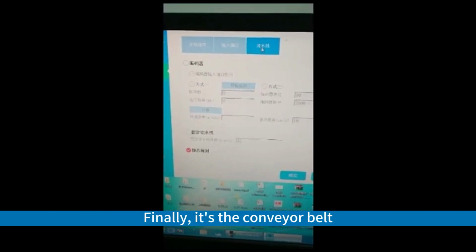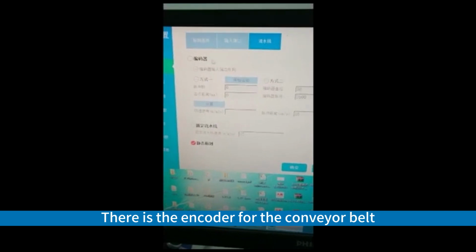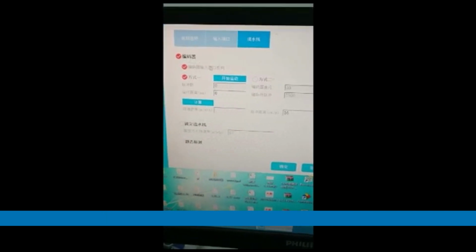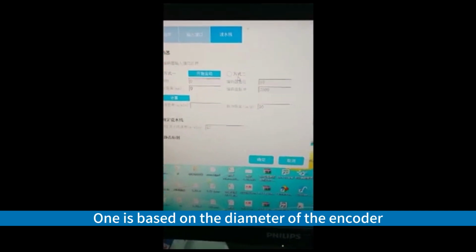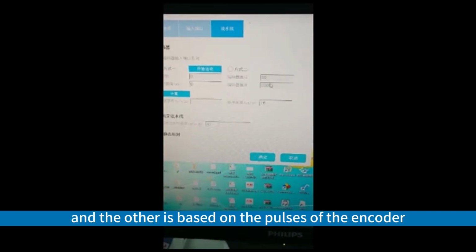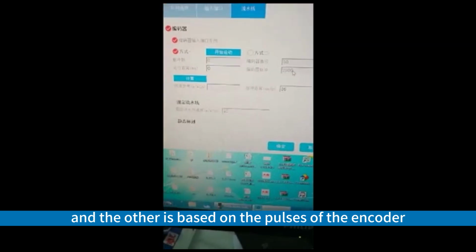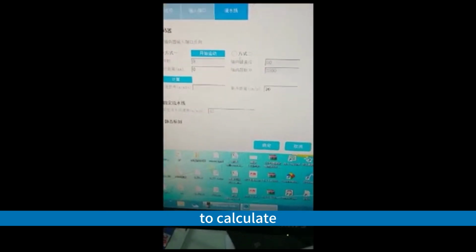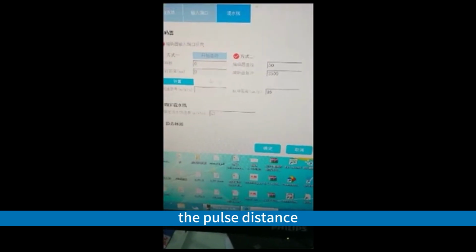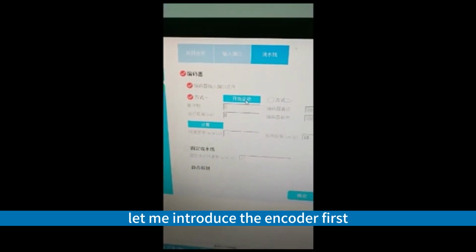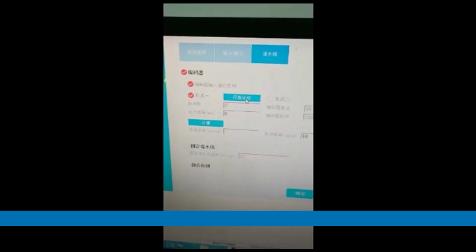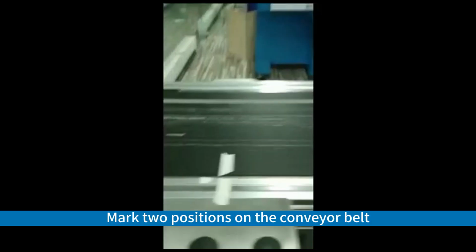Finally, is the conveyor belt. There is the encoder for the conveyor belt. There are two calculation methods for the encoder. One is based on the diameter of the encoder, and the other is based on the pulses of the encoder. To calculate the pulse distance, let me introduce the encoder first. How it is calculated. Mark two positions on the conveyor belt